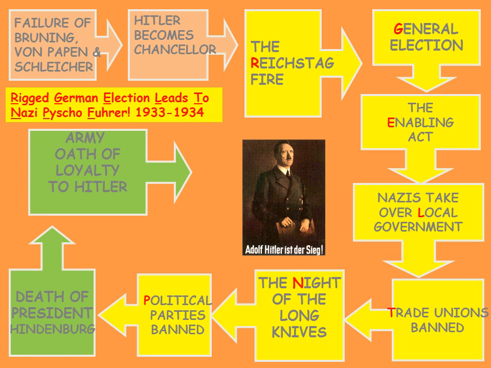The magic touch is when he gets the army oath of loyalty to Hitler, and this means that Hitler has now got control of the army, and the reason why they do this is because the Night of the Long Knives sort of allows them to feel confident that Hitler is on their side. And of course all of this leads to